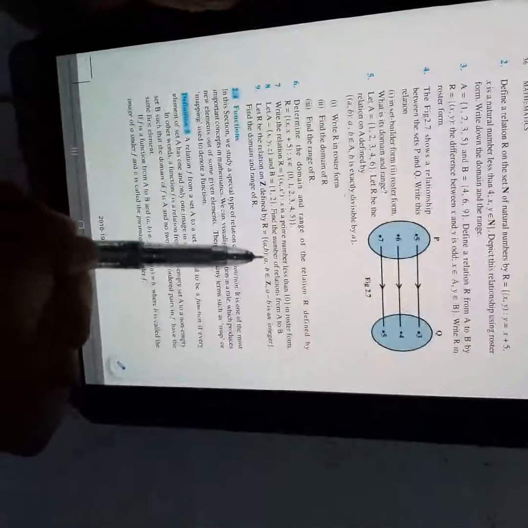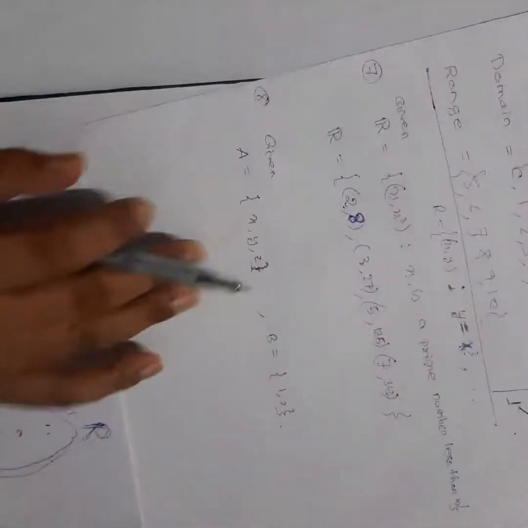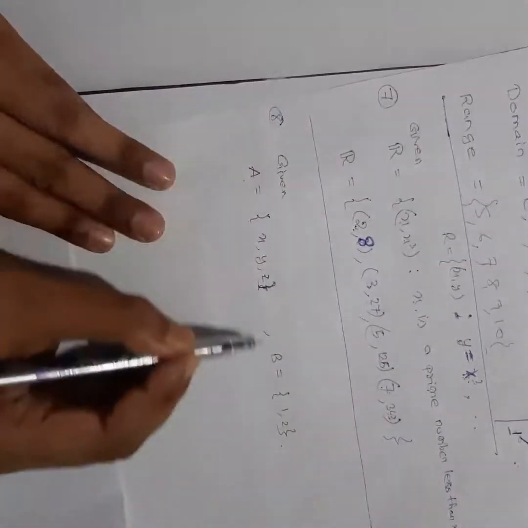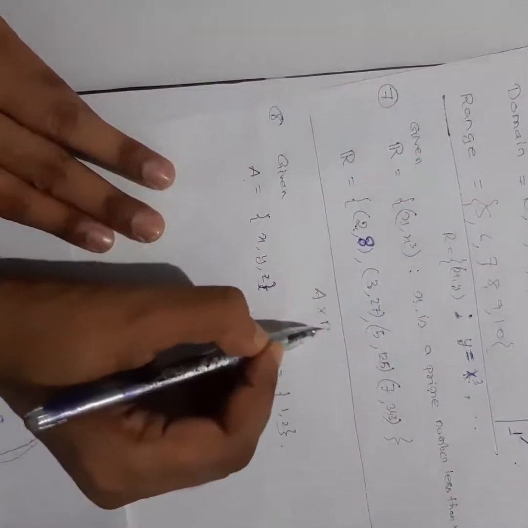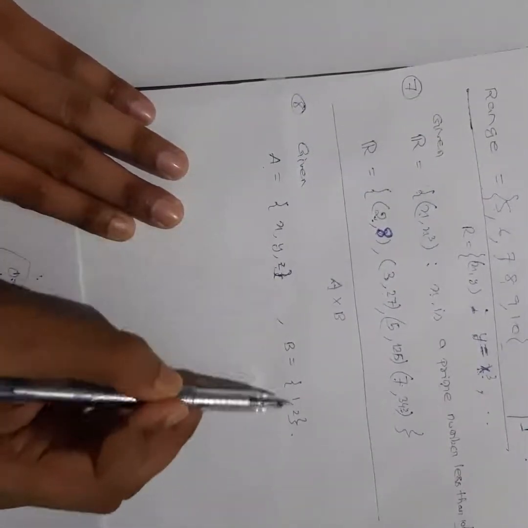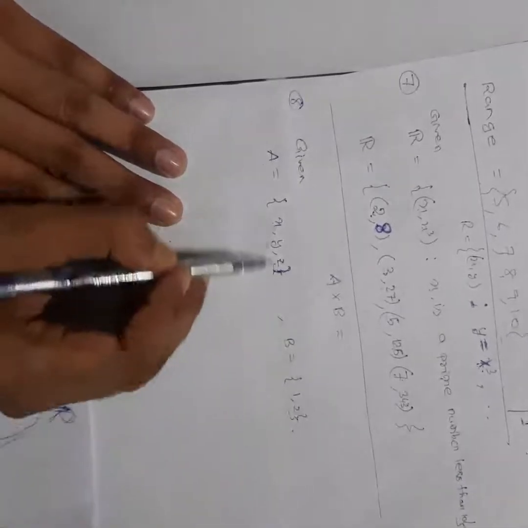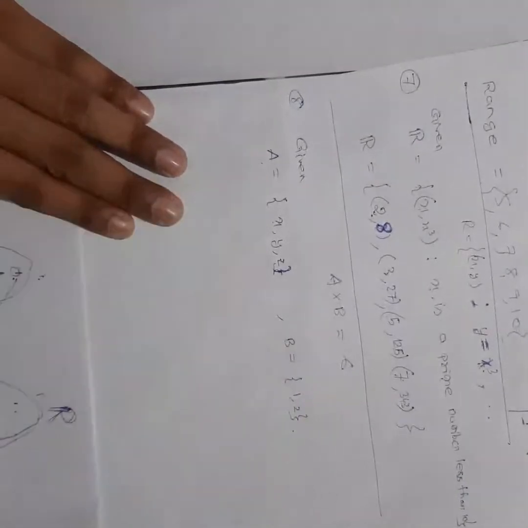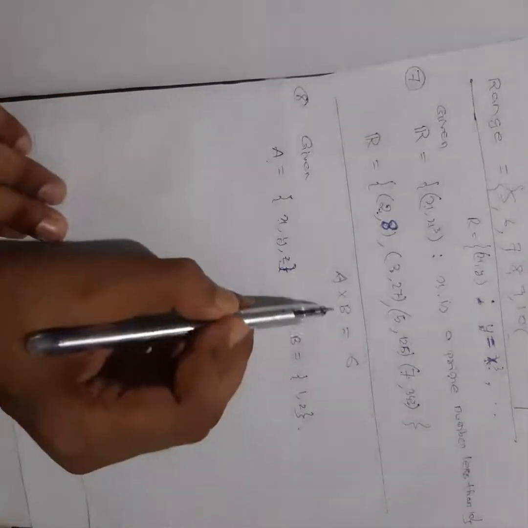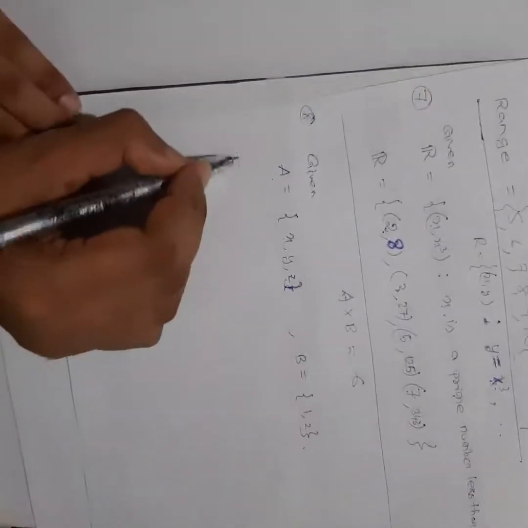Next, question number 8. In question number 8, A and B are given, find the number of relations from A to B. So very simple, I have already explained how to find the number of relations, right? A cross B, first thing, how many elements will it have? Number of elements in A into number of elements in B. So 3 into 2, that is 6 elements it will have, right? Now how many subsets will it have? I told you, right,